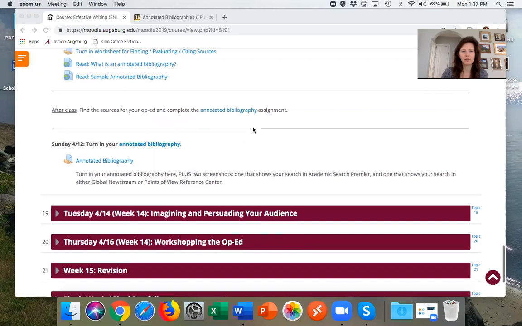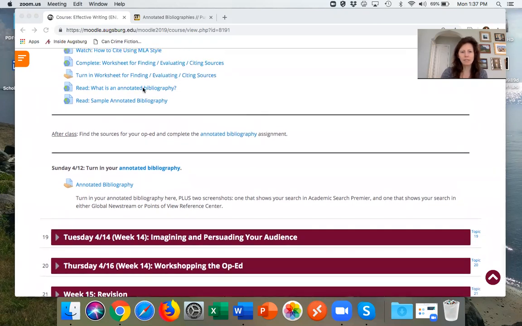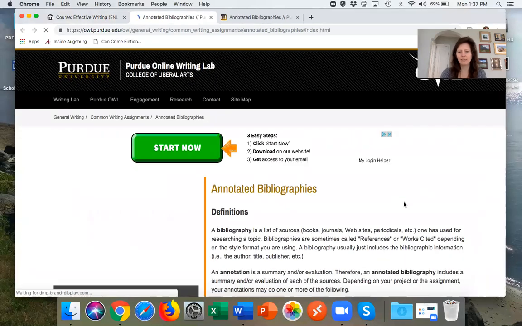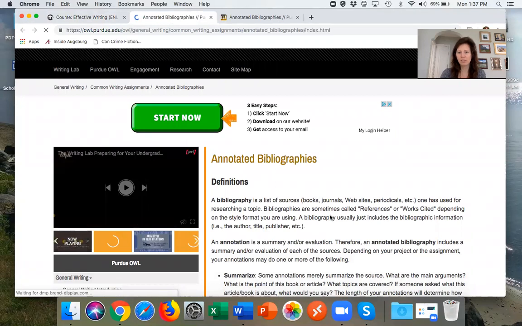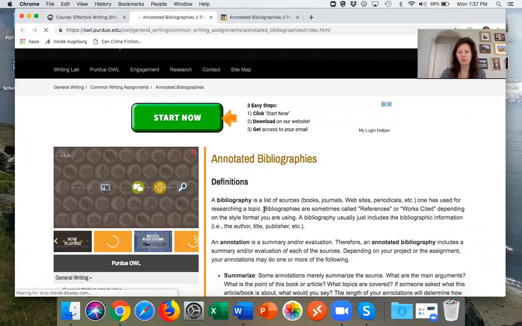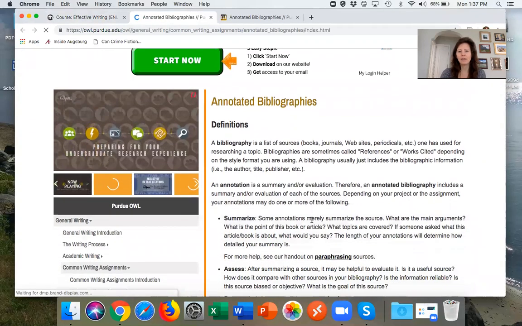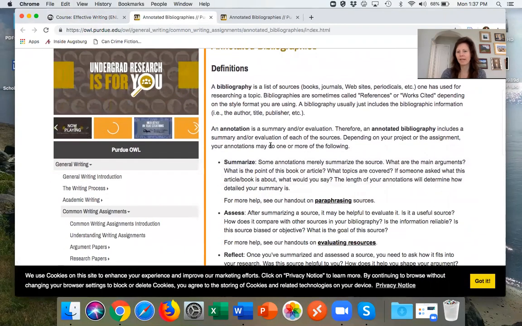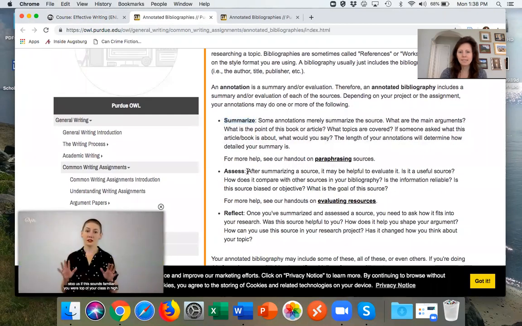So I have these items here, which are giving you some information. If you look at what is an annotated bibliography, this tells you. It's a list of sources you've used for researching your topic. In addition to listing a source, you have to write a paragraph, an annotation, a summary and evaluation of each source. So for each source, you'll summarize it, tell me what it's doing, assess it,